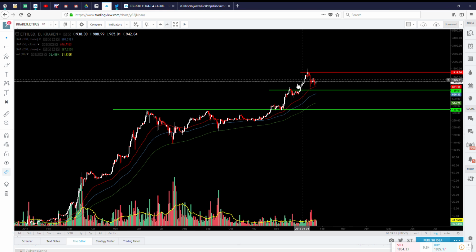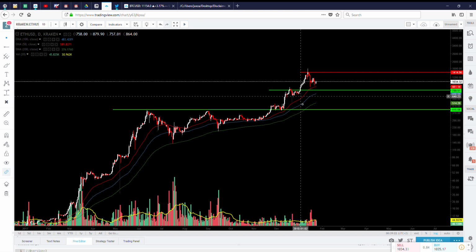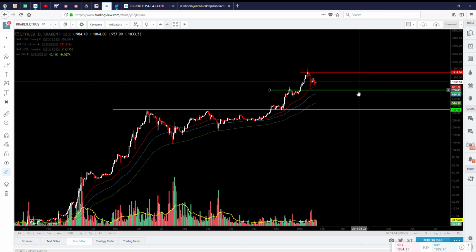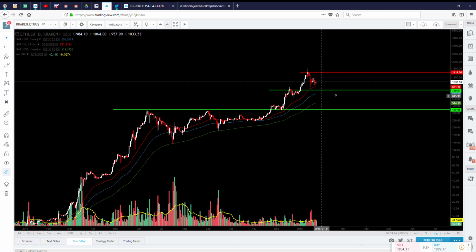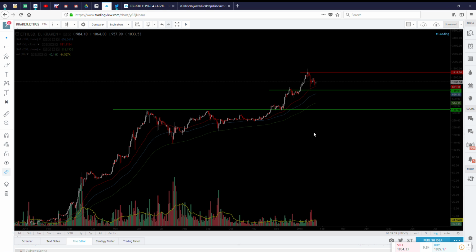So this is where I start looking, like price is coming closer to that 50 moving average. The 50 moving average is bending over. The 100 is coming into the support zone. So a lot of things are screaming at me that price is probably going to be coming into the zone pretty soon. If we look at that on a 12-hour,